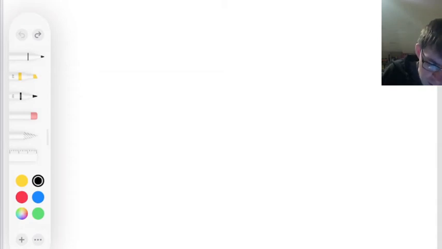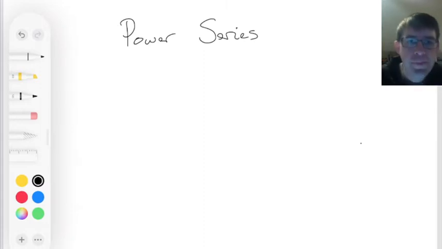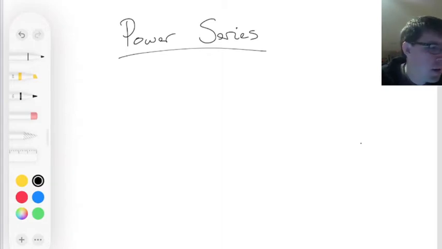Anyway, we are talking about power series, right? Power series, this is a series, but it's sort of turned into a polynomial by putting powers of x. So, you know, something like